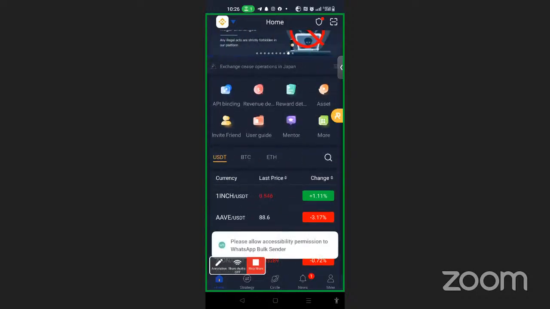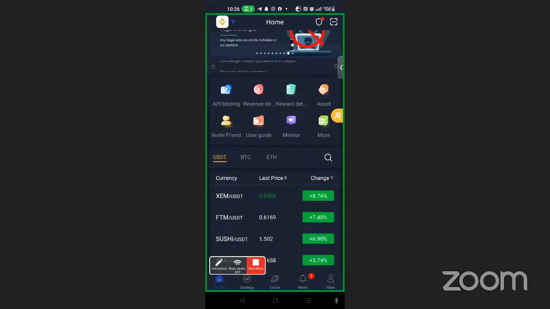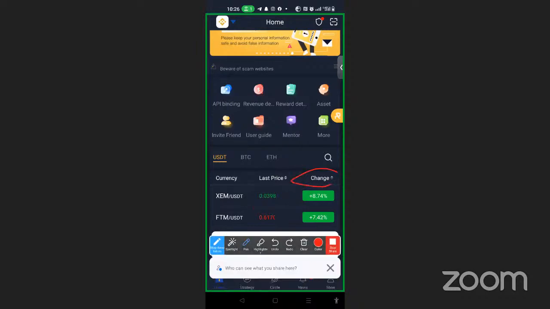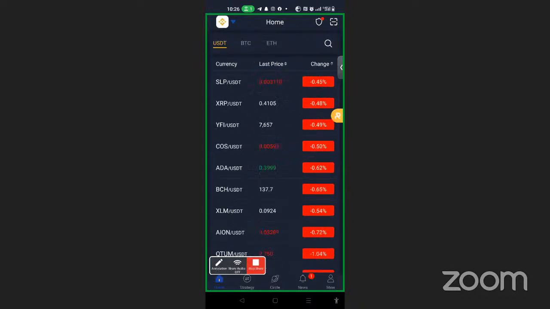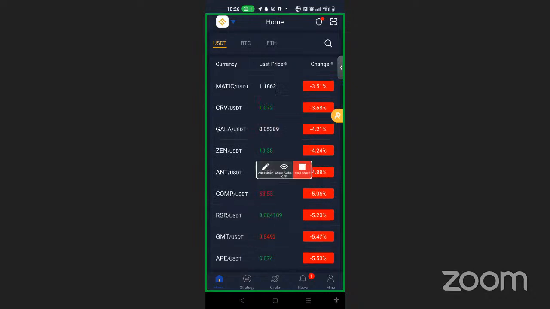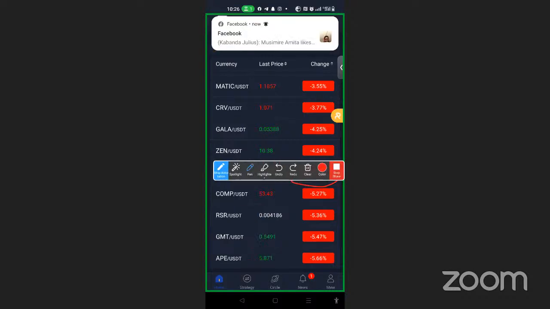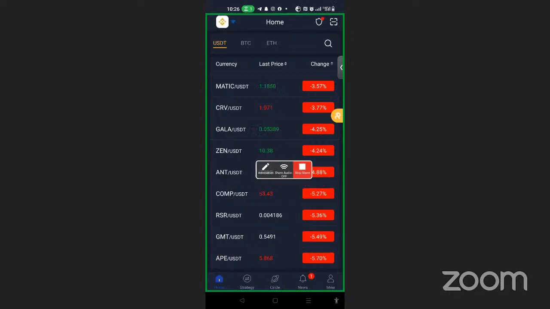I would not advise anyone, although it can be used, to just come on these coins, tap on percentage change, and pick a coin that is at the bottom. But then you can go to your TradingView and look whether this coin is good, because you may look at APE, for example, here, and see that APE is at the bottom. But APE is just starting to go down, right? And when we open it up,